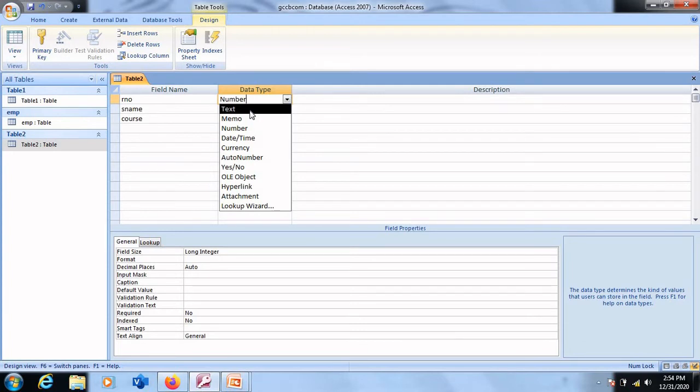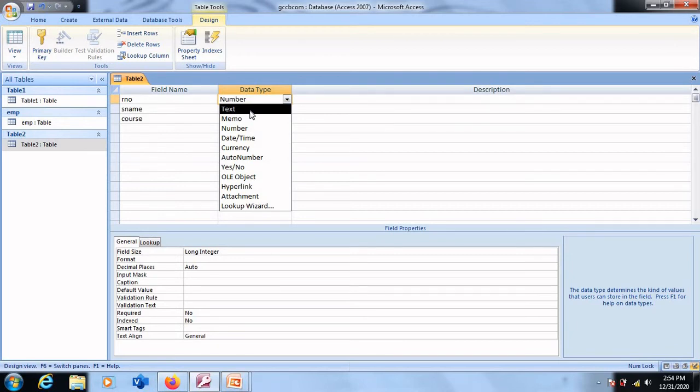For student name, for course name, for your college name, for correspondence address, etc., we can select this data type called text. A text field can contain values that are text, or even a combination of numerical data and text as well. So alphanumeric also can be entered if you select text.